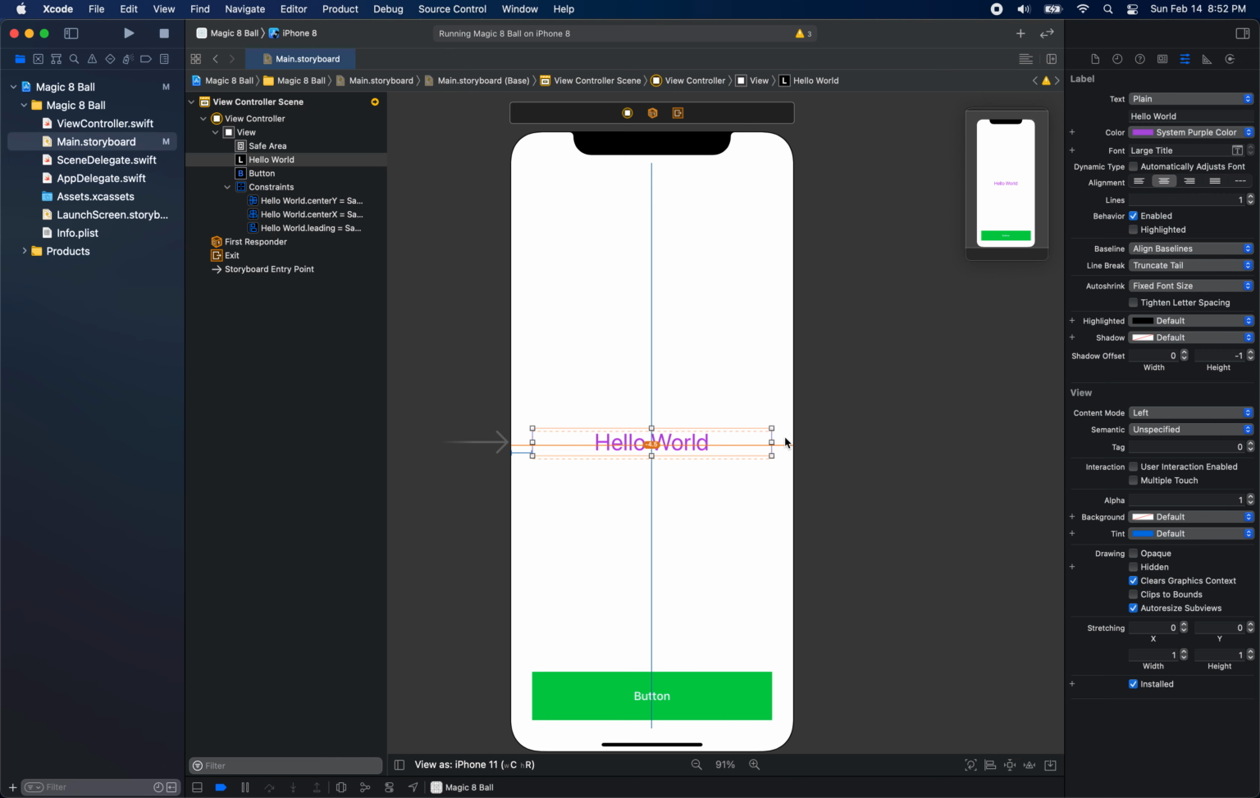So let's add a trailing constraint. Why don't you do that one? Okay. So how did you do? Let me try it, right? So I'm going to hold the control key and drag out like this, and then I'll choose trailing space to safe area. Okay. So that should be enough constraints, and you'll see these constraints are blue, but I still have